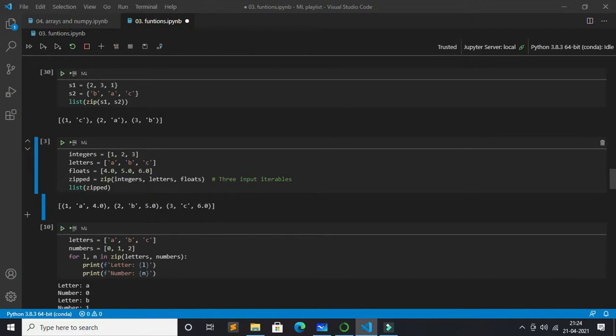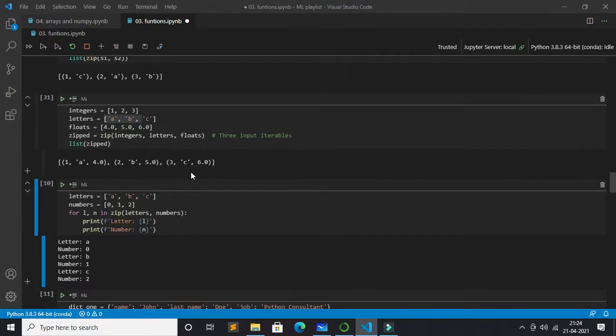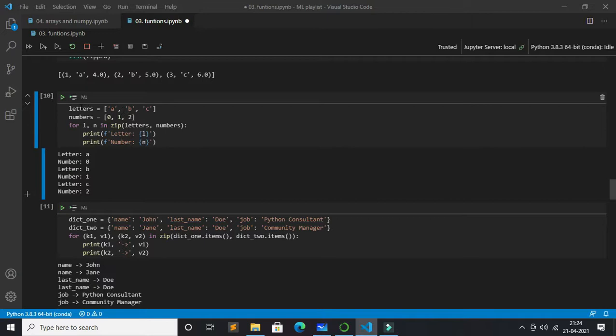So now we are having integers. This is our list. We are having letters. This is our list. Floats. This is our list. And then we are zipping all of them together. So let's just run this: 1 a 4.0, 2 b 5.0, 3 c 6.0. This is how it is running. And now again we are having letters and numbers, but see what is happening here. We are again using two variables and then zipping them as one, and then iterating with two variables in a for loop. Just an example of